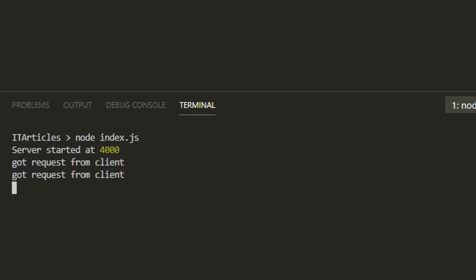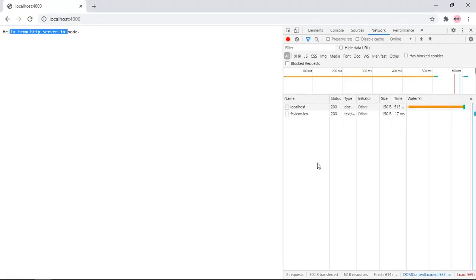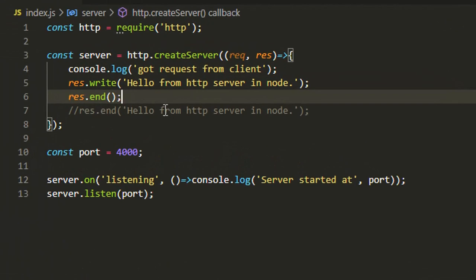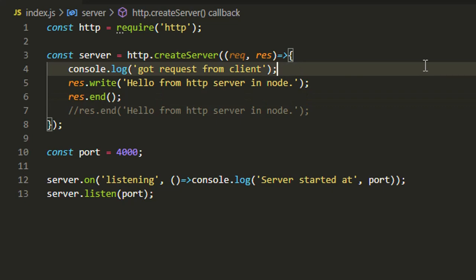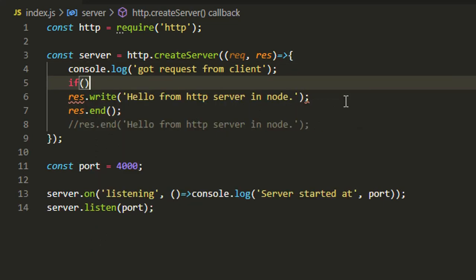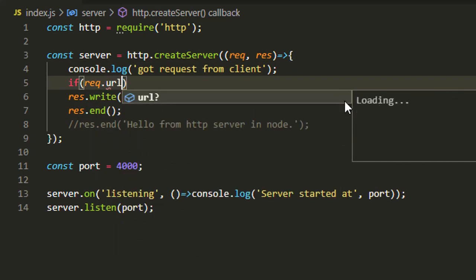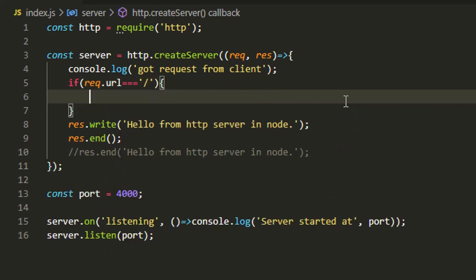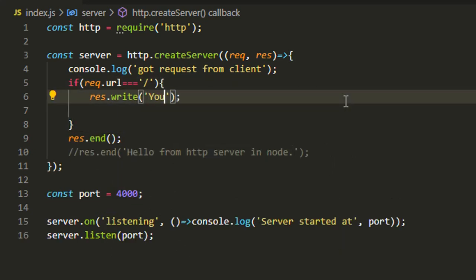See, you got your response, and the reason you got the two GET request console logs is because on the browser we can see it made the two requests. Here we are returning a single response for all. Now we'll have a condition on the basis of the URLs. So now we have an if condition and we are returning the response that you are requesting the root of the